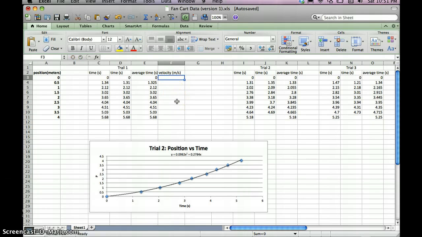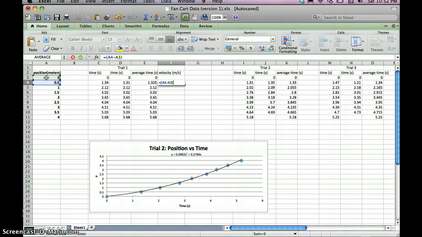And we're actually going to enter in the definition of velocity, or the equation for what velocity is. So I'm going to skip a box and go to that second box down and enter my equation. So I start with equals, and I'm going to start a parentheses, and I'll enter in the definition of velocity, which is a change in position over a change in time. So for my change in position, I'll have this final position minus this initial position, and then I'll close my